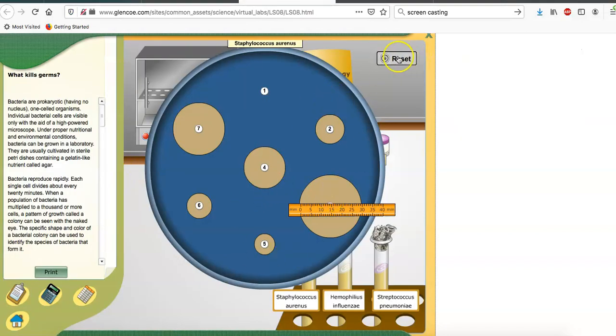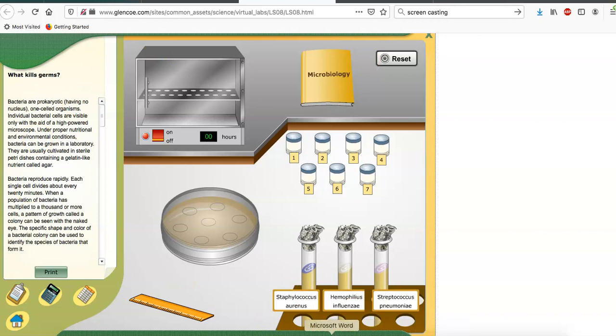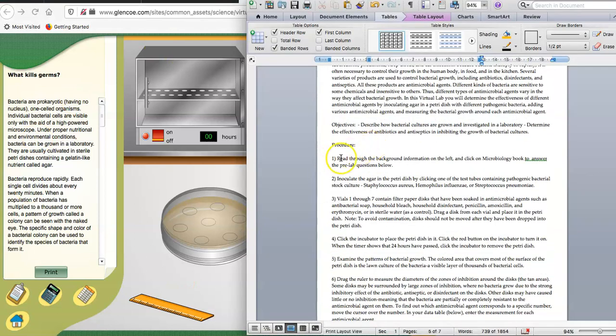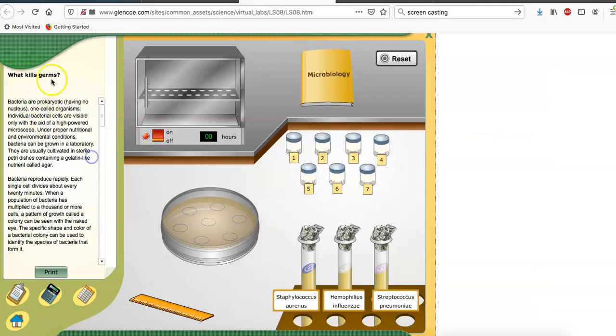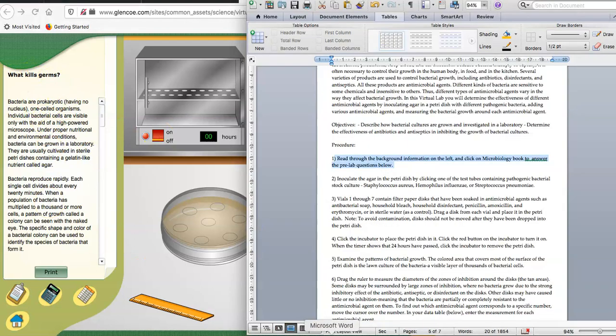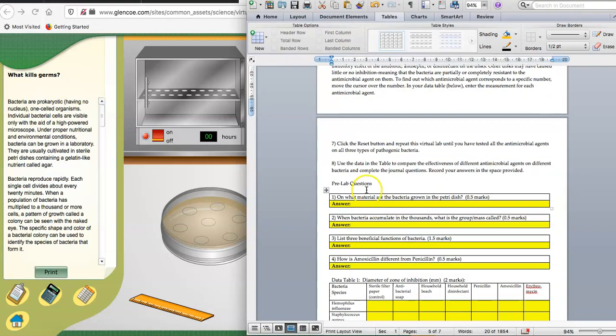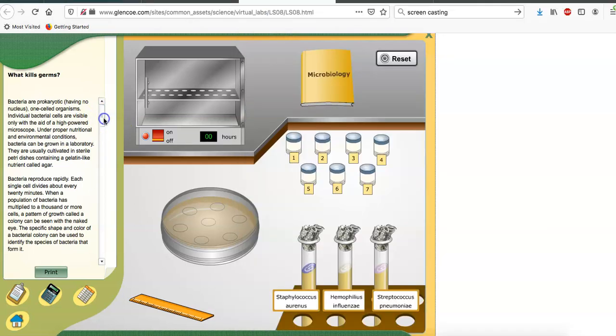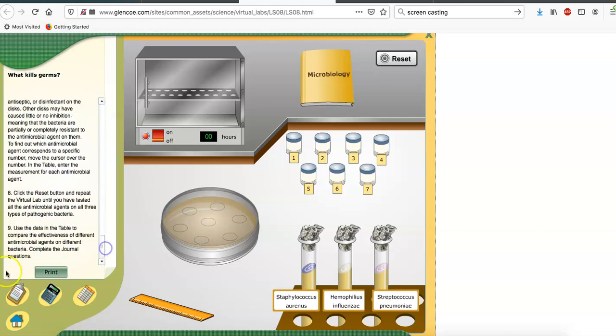It basically looks like this. Funny sound. Please go step by step, because I ran into some things I didn't realize were not working. If you read through, you're going to read the pre-lab, which is over here. Now, once again, pre-lab, you have 4 questions. You're going to get that all from this side kind of pre-lab thing and be able to answer those